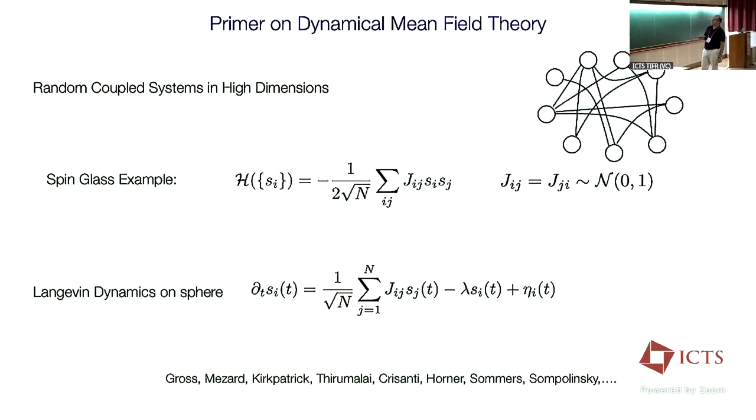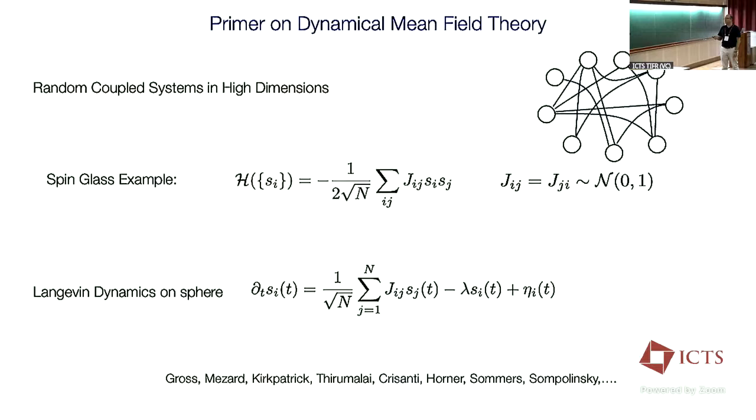We're going to be thinking about some kind of Langevin dynamics. Each spin variable here interacts with the other spins through this coupling matrix, plus some noise. Now you can see the mean field idea here, right? What every variable is seeing is some kind of average quantity of what's happening in the rest of the network, since these terms are added with random weights. So you can immediately guess that in the limit n goes to infinity, this sum is going to turn into an average, and you're going to be seeing some kind of mean field description.